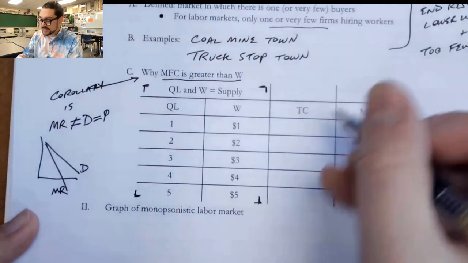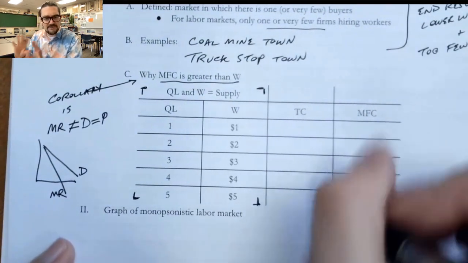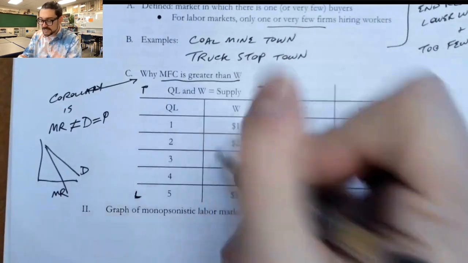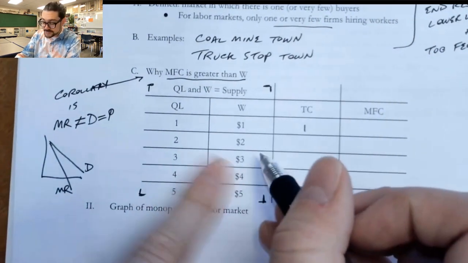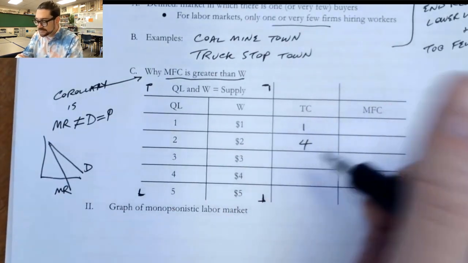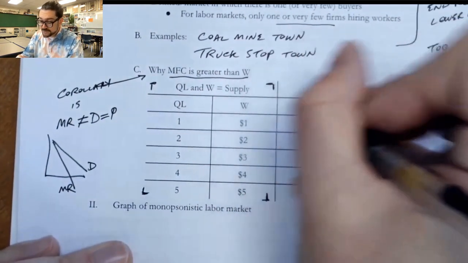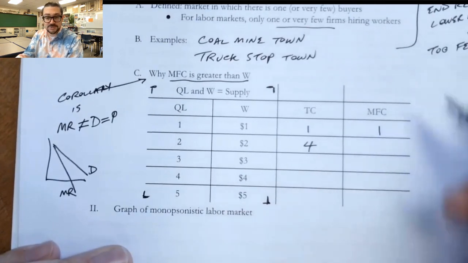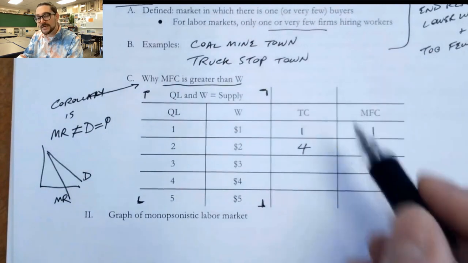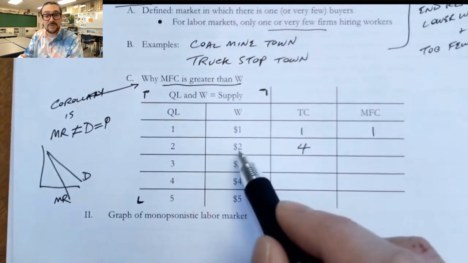So the total cost if we hired one worker, again, I'll show this to you and then we'll graph it. It's a little bit easier to understand. The total cost is $1 because it's just one worker times $1. But the total cost of hiring two workers is $4. Two workers at $2. That's immediately apparent, usually, to students. And so we would say, well, we went from 0 to 1 for the first worker, so the additional cost was just $1 for that first worker because we didn't have any workers before we hired them. But when we hired the second worker, the cost wasn't the $2 that we paid them.